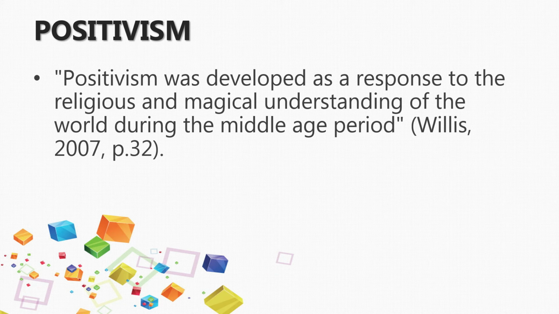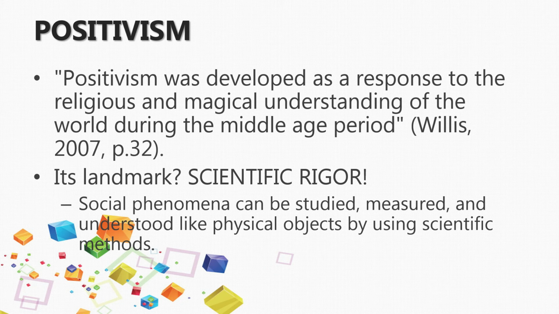Because positivism wishes to pierce through the magic of it all, positivism actually has as its landmark scientific rigor. It presents a counter to the superstition, a counter to the magic, a counter to the unexplainable. So that's why its landmark is scientific rigor. According to the positivist, social phenomena can be studied, they can be measured, they can be understood like physical objects